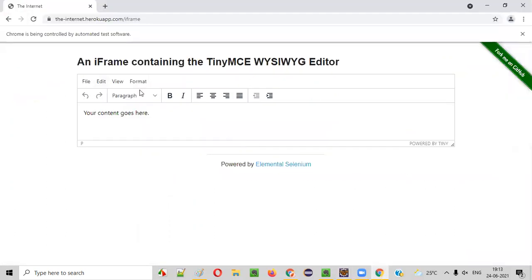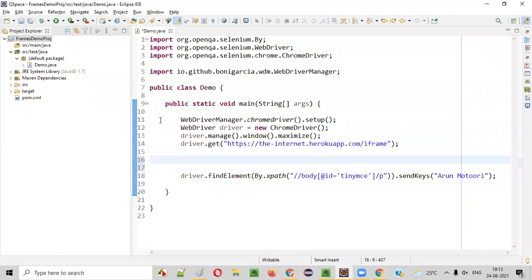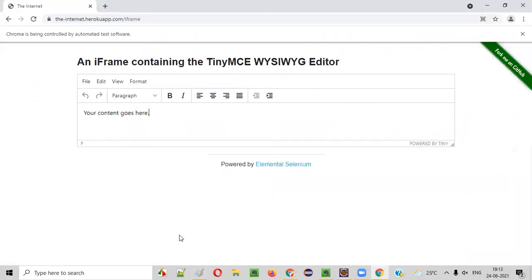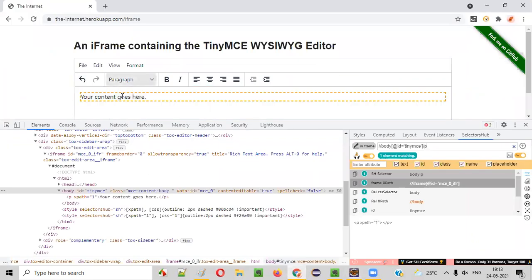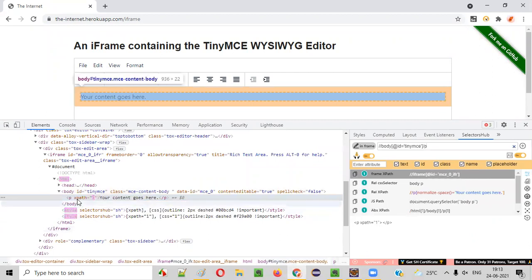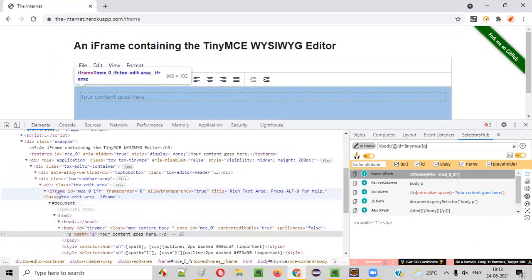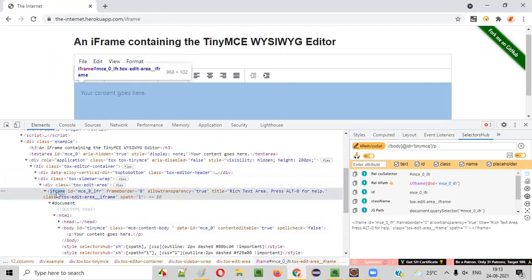But here we have to find out, guys, how many frames are on this page. Before switching to this particular frame using index, I want to find out how many frames are on this page. How to find out, guys? In the last example I explained, right? I have to say driver dot find element. If I inspect this particular thing, I'll get to know. This is HTML code of this particular text field, and if you go to the top parent thing, this is using iframe, guys, right? The frames on this page are implemented using iframe tag.